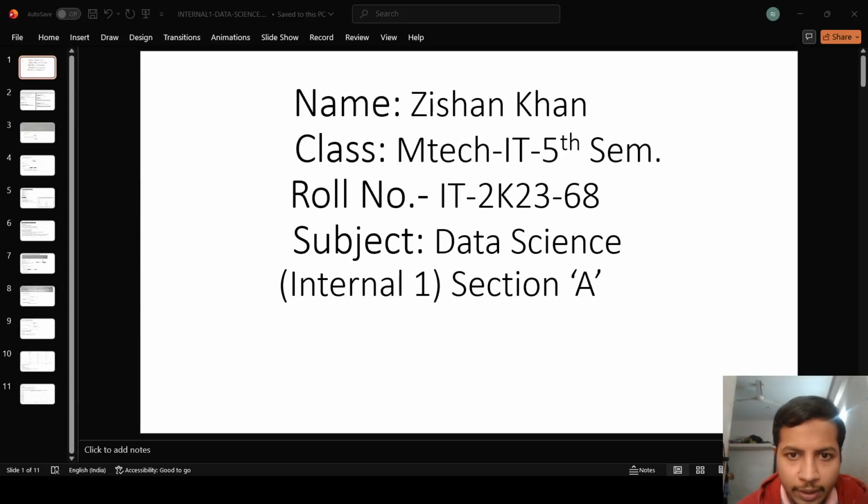Good morning, everyone. Now let's solve internal 1 paper, internal 1 section A. Myself, Zishan Khan, MTech IT 5th SEM, roll number 68. So we are solving data science internal 1 paper. Let's start with first question, which reads as